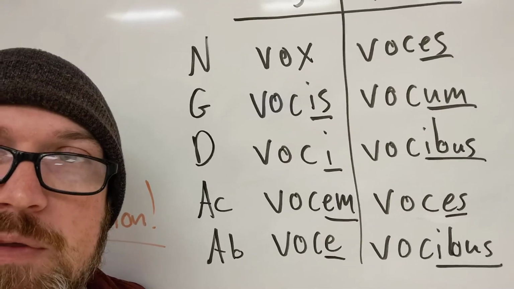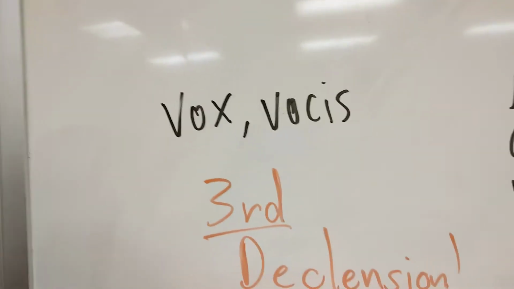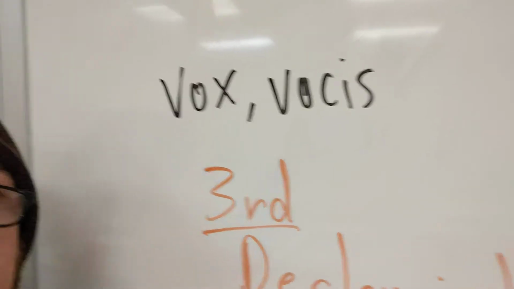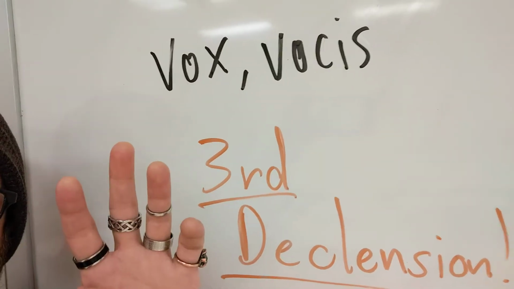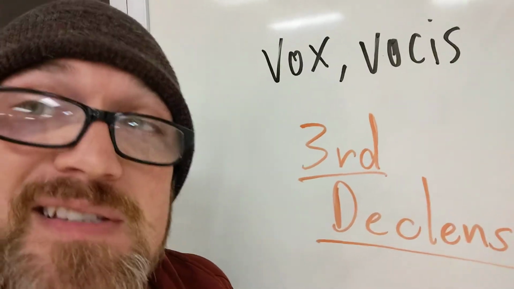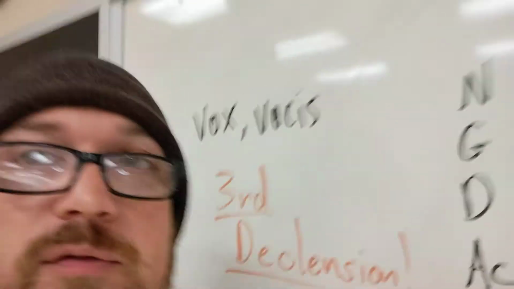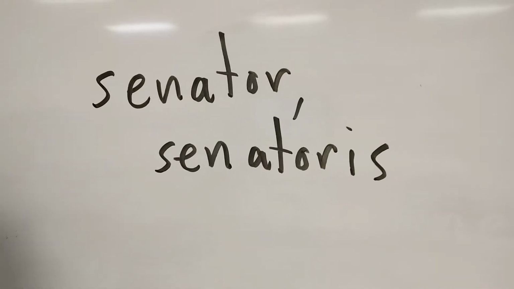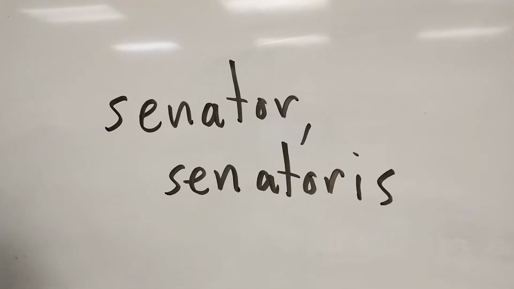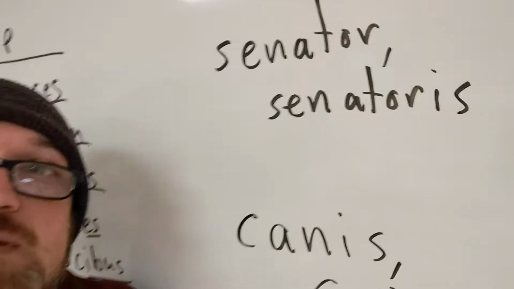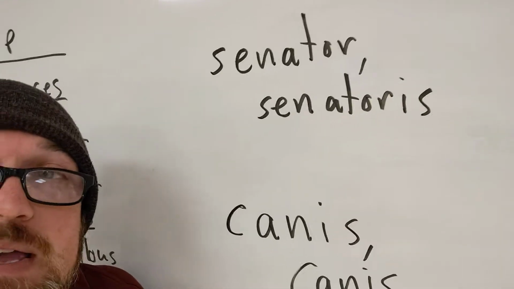Now, here's the tricky thing about the third declension is you really have to have the nominative and full genitive there if you want to know what's going on, because you need to, number one, know what change is happening in the stem, but you also need to know if a stem change is happening at all, because when I say that it's characterized by a stem change, that's not a guarantee that there will be one. Like, for instance, another word that we've seen already, and one that we're familiar with from English as well, is the word senator. Well, you'll notice there is no stem change in senator. The senator that you see in the nominative form still exists in the genitive. It just has an is added to it.